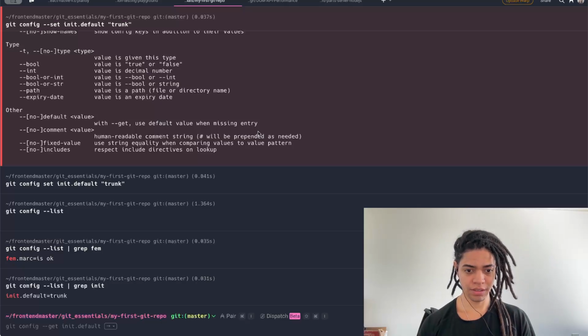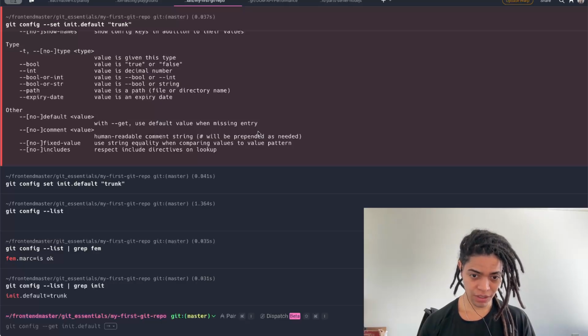That's why we can use git switch, git switch with -c, or git checkout